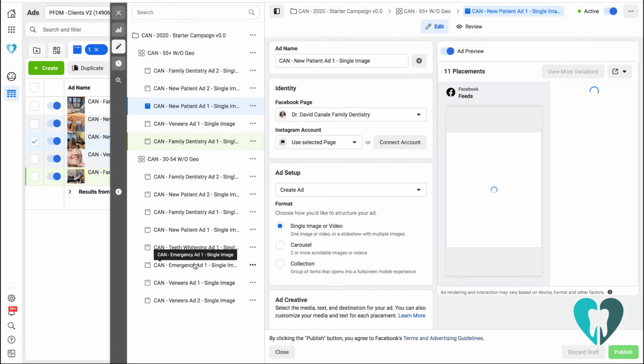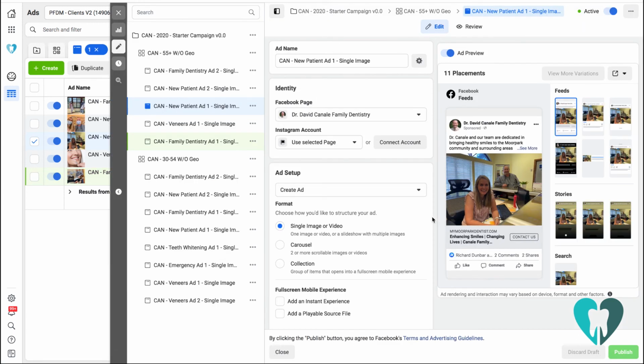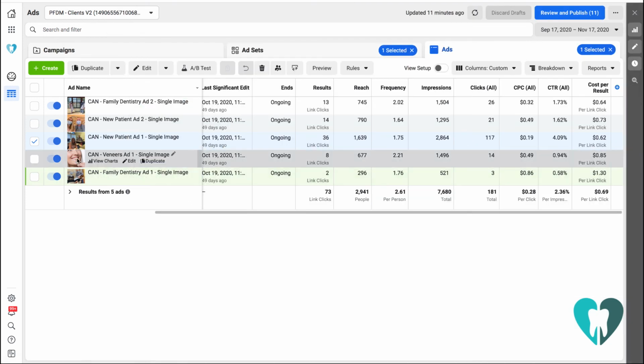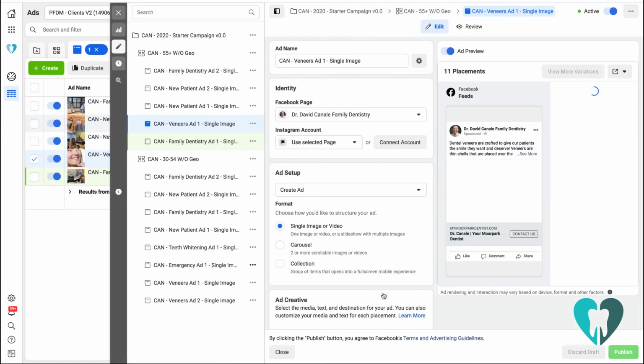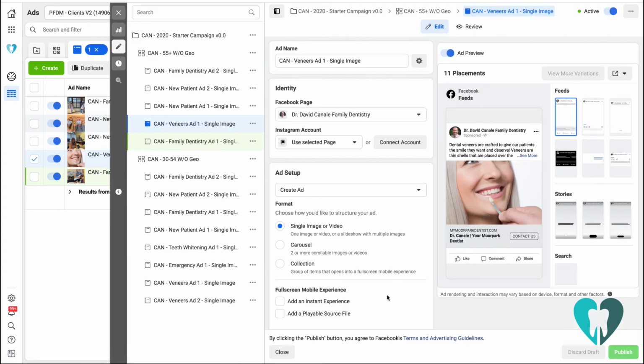Part of the reason why this ad is performing so well is because it's a great photo of the office. It shows the team smiling, happy, and it's attention grabbing. It's performing much better than this stock photo is. So keep that in mind when choosing the imagery of your ads or choosing to change the imagery of your ads. You want to make sure you focus on using less stock photography and photos that show off your team